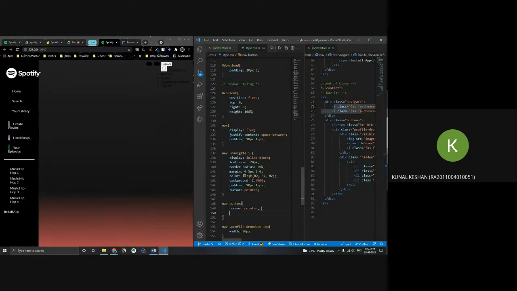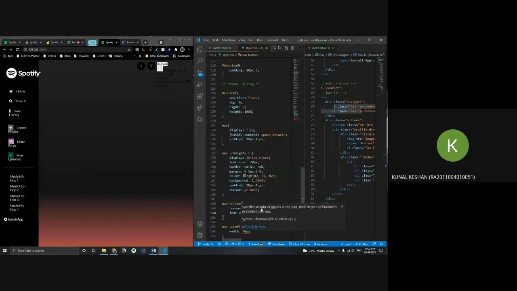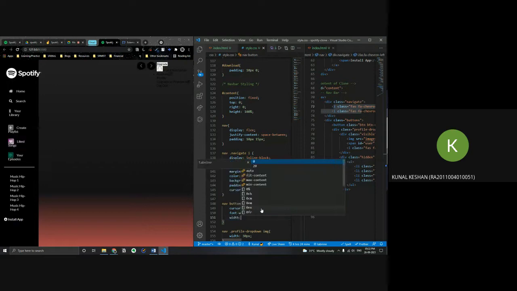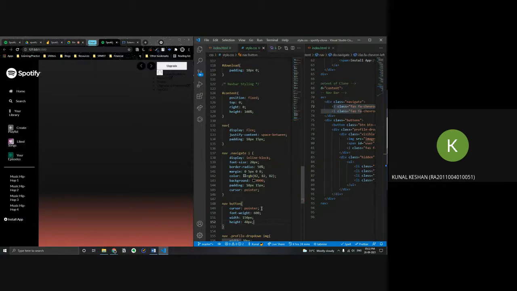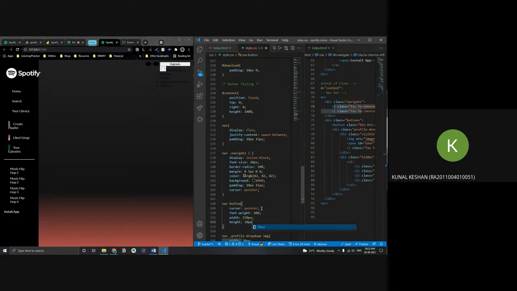After that, let's make it a little bit bold using font weight. Then specify a width of 150 pixels, height of maybe 40 pixels. A bit big, let's reduce it to 38 pixels.